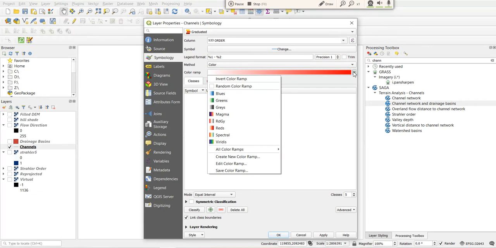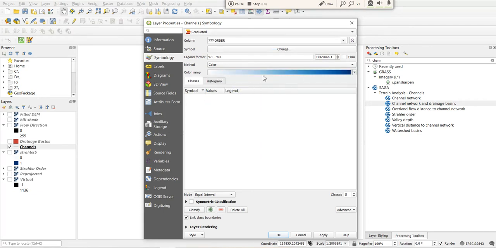Color ramp with blues, and now classify. So you see there are 1 to 2.2, and these all 5 to 7. You can add some more from here also and remove from here.